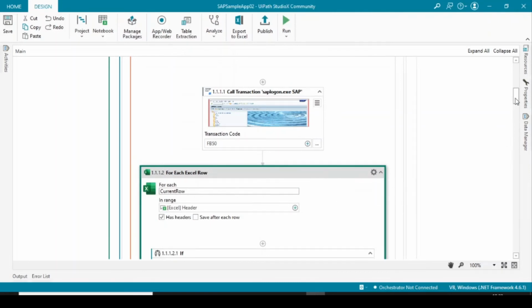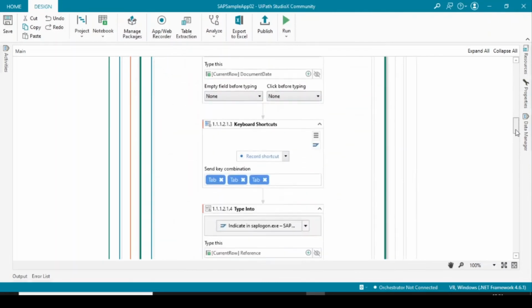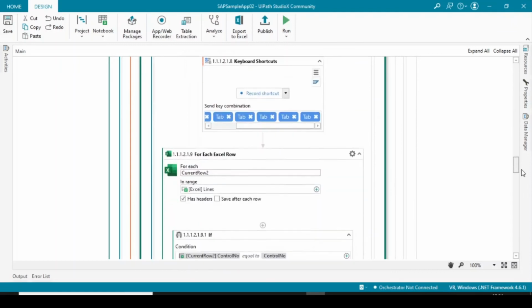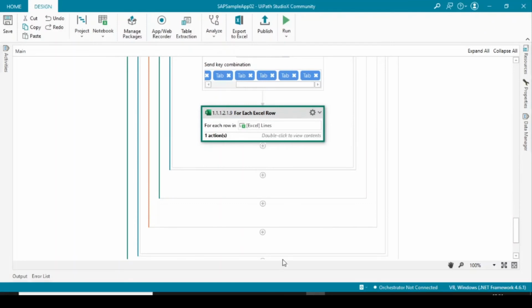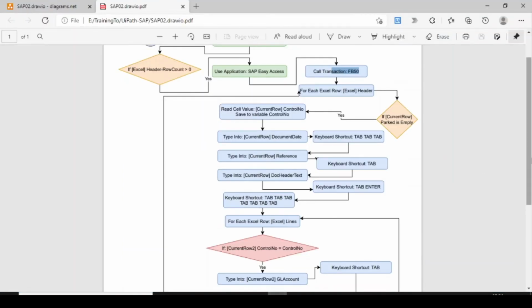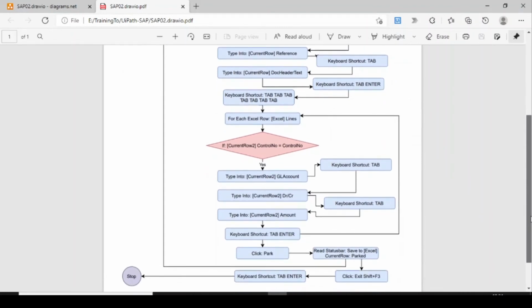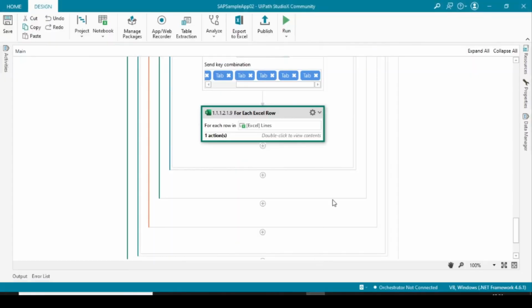So we will put, after the end of this loop, that is this one, end of this loop, and then we have to put this park. So therefore we must put from there